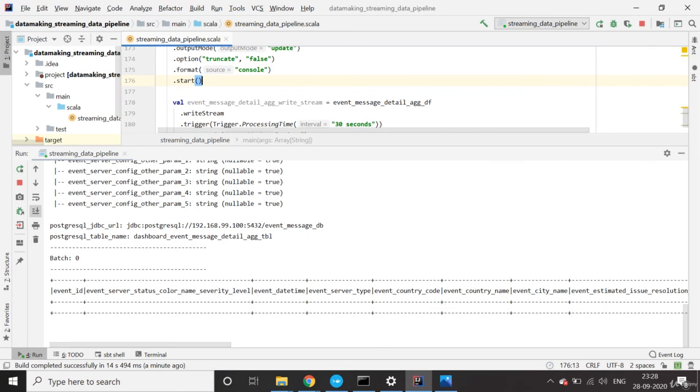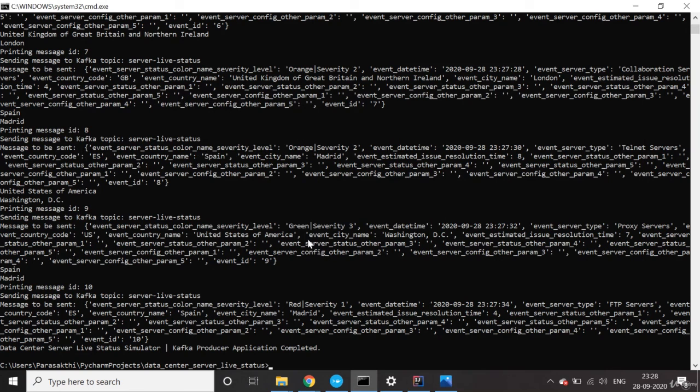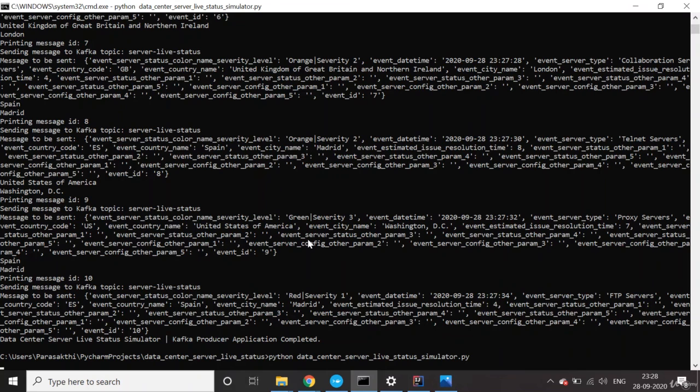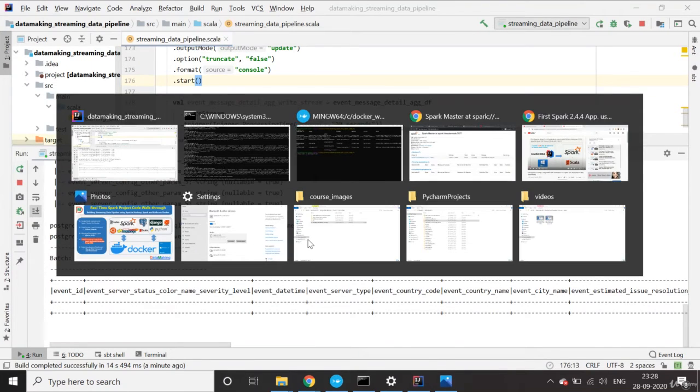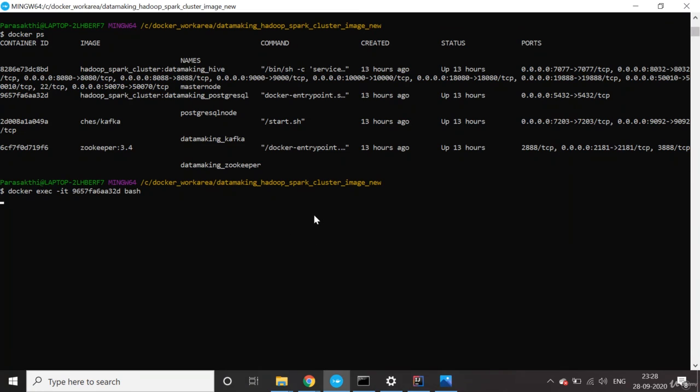Meanwhile, check that this job has started. See, I generated only 10 messages. Let me publish some more also. It's still launching because I'm running a lot of things, both Docker containers and IDEs. My system is a little slow. I apologize for that.